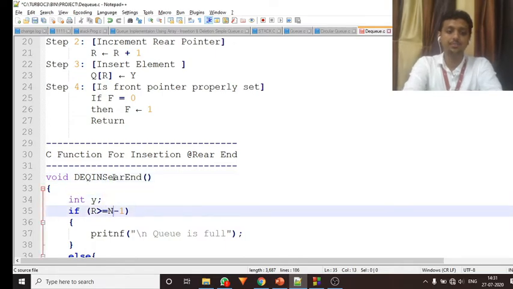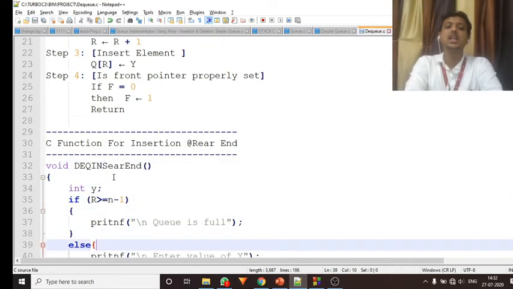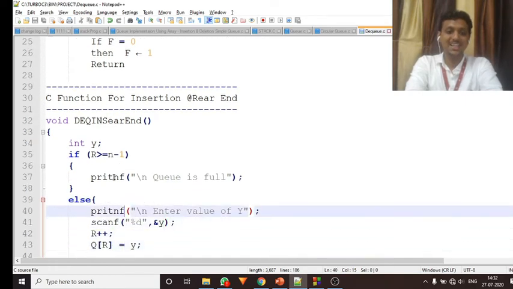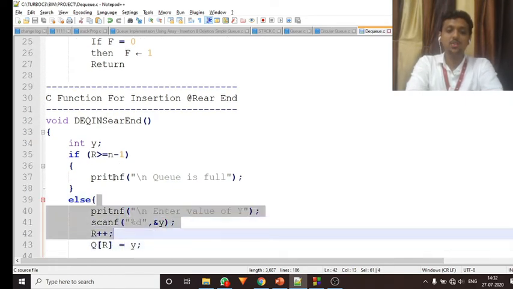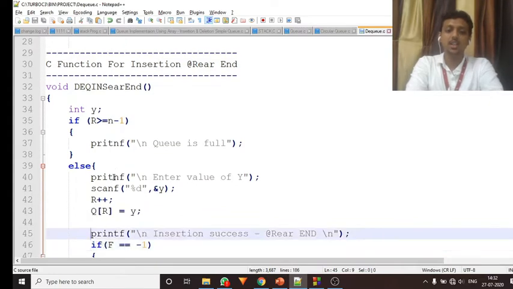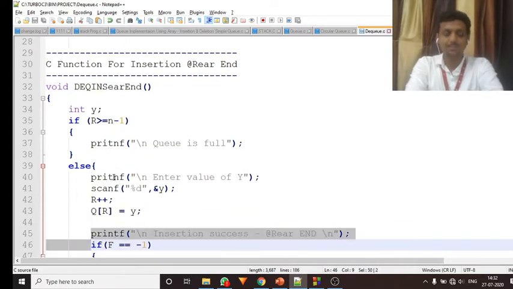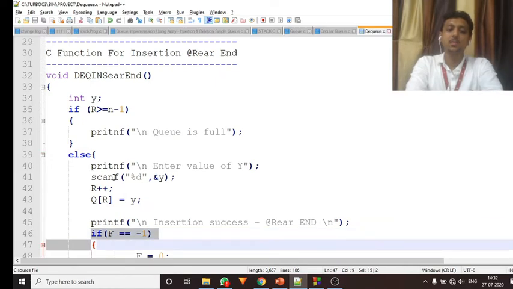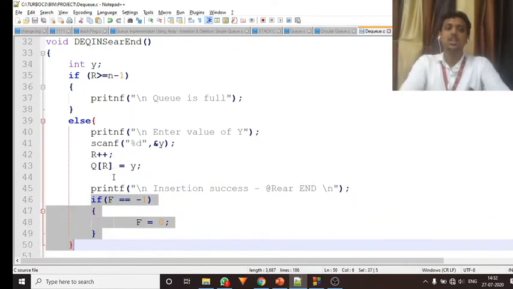Then printf queue is full, else enter a value of y, scan the value, increment r plus plus, then q of r is equal to y. And if the insertion is successful, then set the front pointer: if front is at -1, then you need to put it at 0. This whole code we have already studied in our simple queue insertion C program.